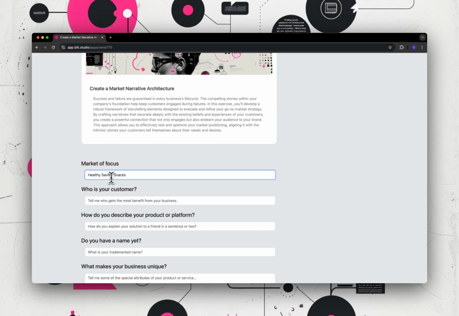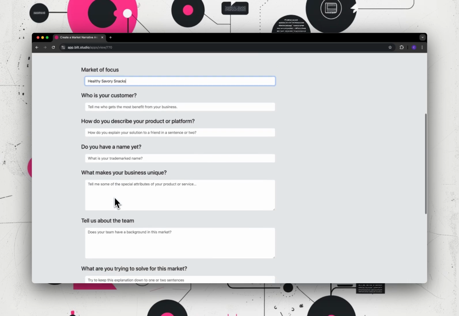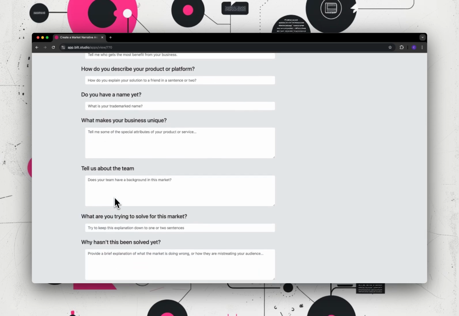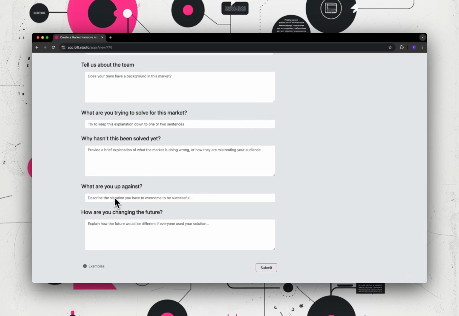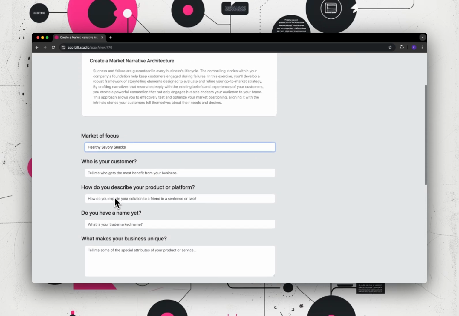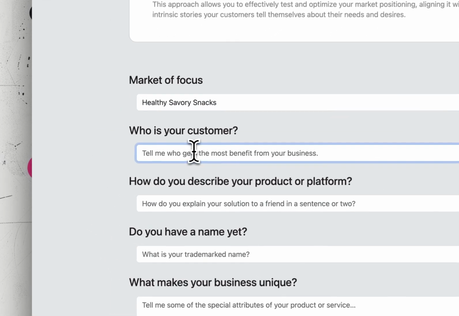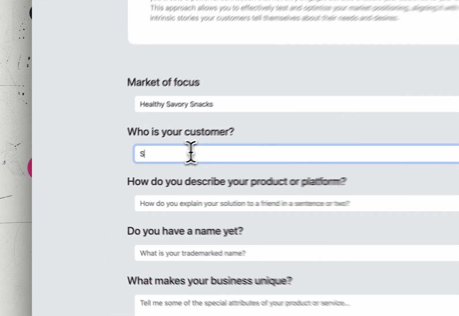The reason I didn't call out plant-based right away is because plant-based is going to be a feature of that snack. As I continue to go through this, think of this as almost an interview, a conversation with you, as I'm really just trying to understand your business and the direction you want to take it. When we go into the customer, let's just say someone